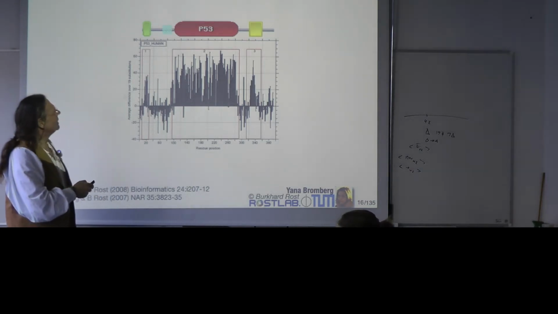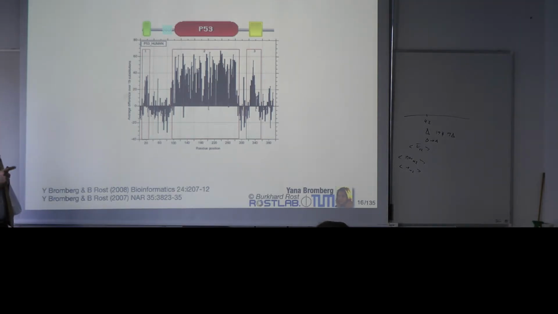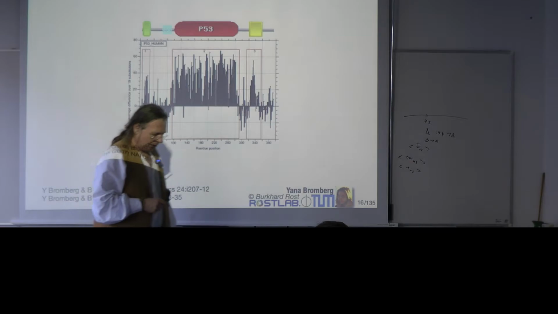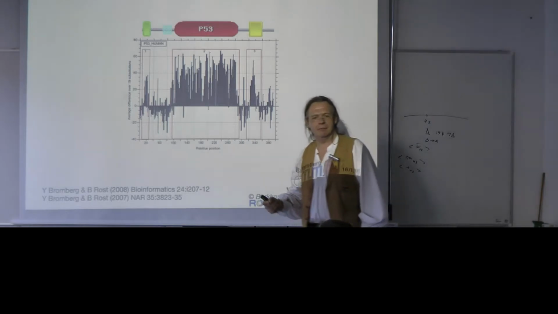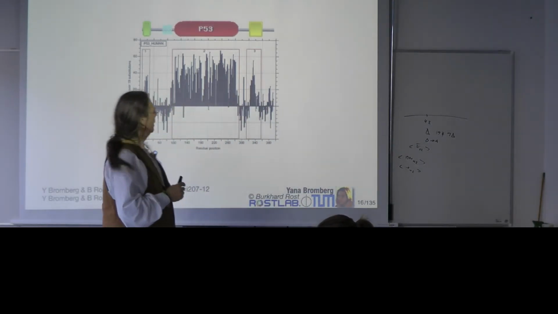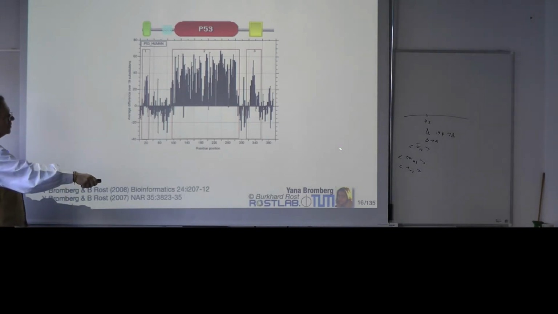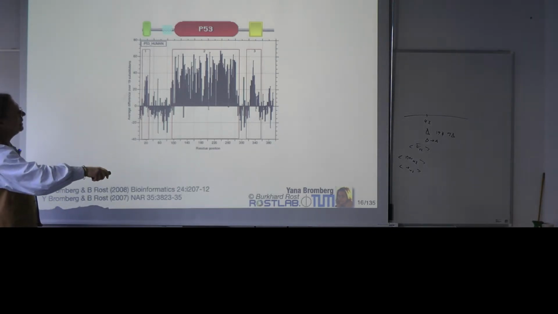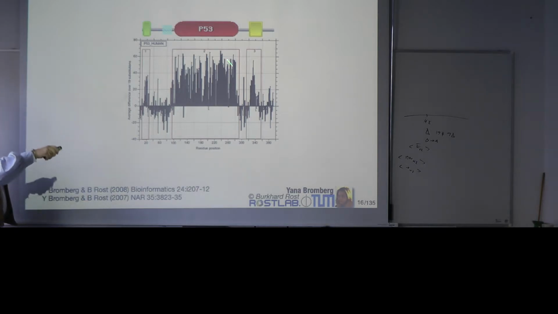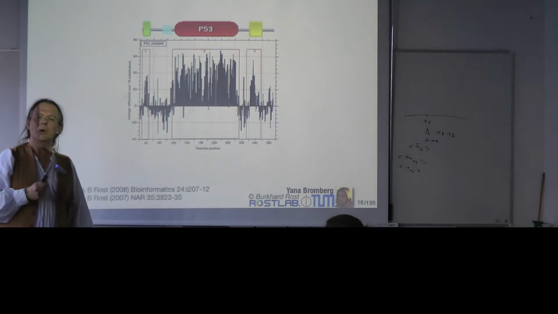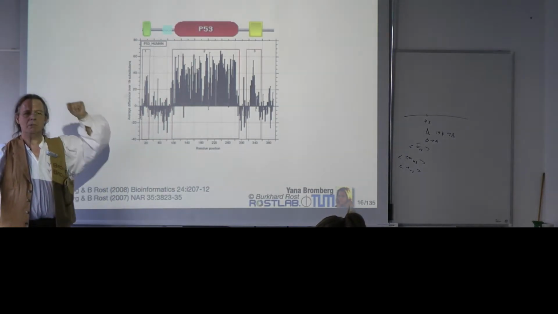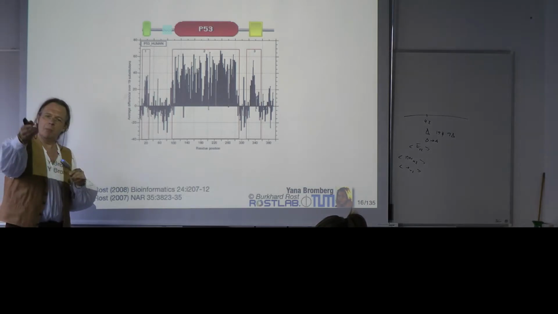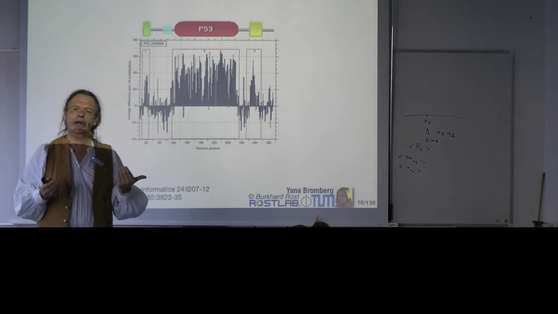Anyway, so here's P53, and I essentially do something like a difference of the sensitivity of a particular position with respect to everything. So I have a bunch of averages that I compute. That's the residue position. So the protein begins here, ends here. And what you see is there's something that stands out in this protein in this region. And that's exactly where the P53 domain sits. So what we are measuring essentially is we predict the effect of every single variant of every single position upon molecular function.